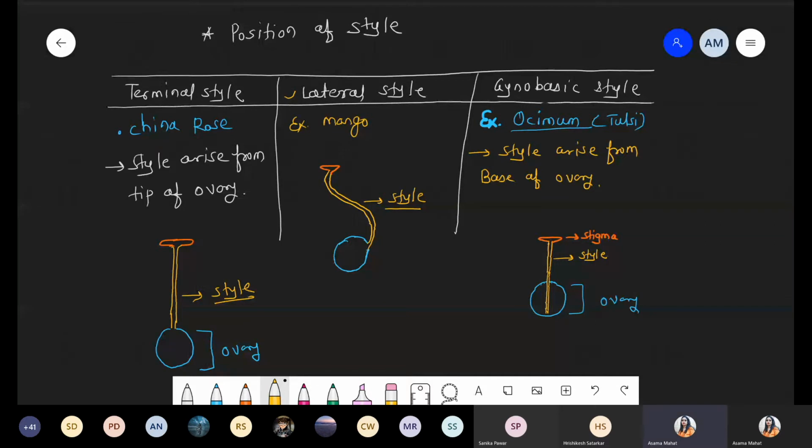Yes, ma'am. Okay, chalo. So these are the end with the gynoecium. Now we are talking about this last point of this chapter, flower family. For your school examination, I think Fabaceae family is excluded. You have only two families: number one, Solanaceae, and the Liliaceae. But if you check the practical syllabus, they mention Brassicaceae also. So we are just taking some information about the Brassicaceae family, like formula and the diagram. Otherwise, we have to focus on the two families: potato family and the Liliaceae family. But for the NEET examination, Fabaceae is included.